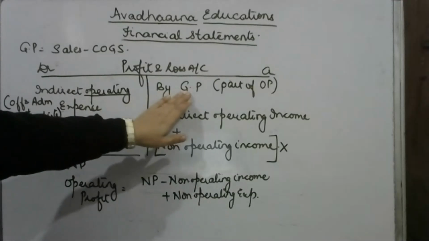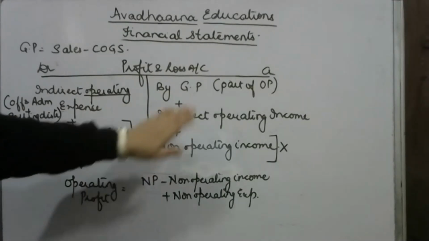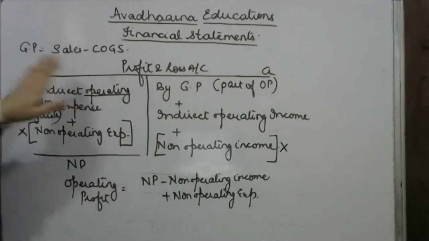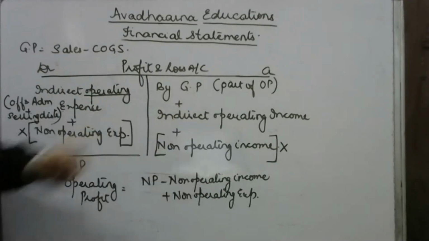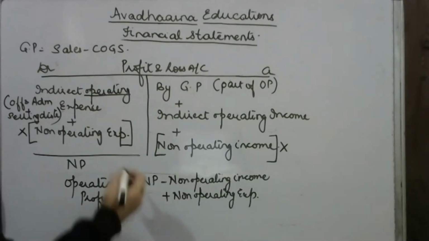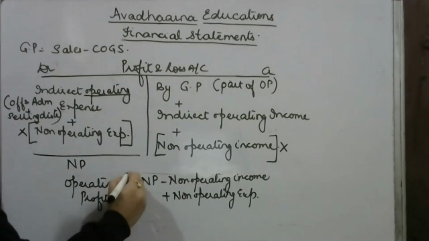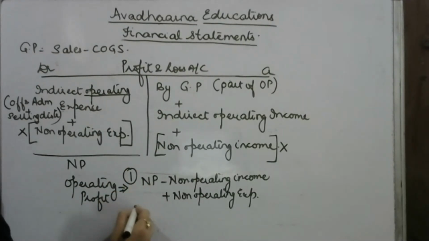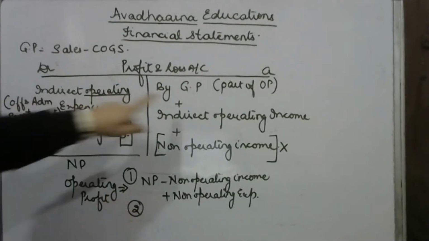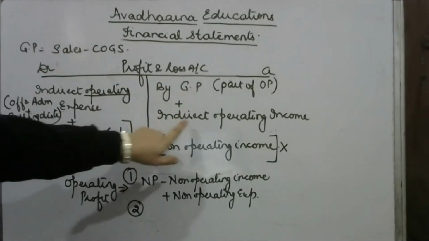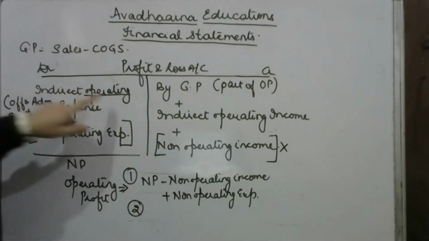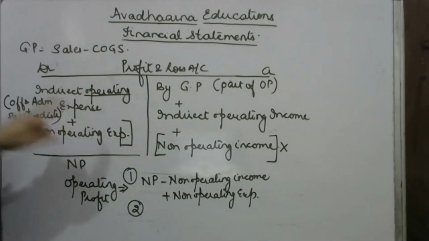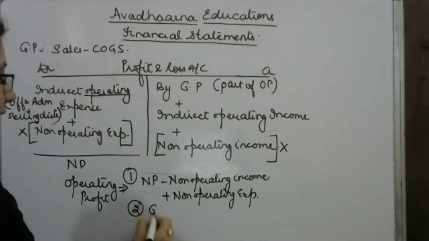और अगर मुझे ग्रॉस प्रॉफिट से निकालना है ऑपरेटिंग प्रॉफिट, और ग्रॉस प्रॉफिट क्या था हमारा? सेल्स माइनस कॉस्ट ऑफ गुड्स सोल्ड. अगर ग्रॉस प्रॉफिट से निकालना है तो मैं, दिस वाज द फर्स्ट फॉर्मूला. The second formula for calculating operating profit could be, ग्रॉस प्रॉफिट से निकालना है तो उसके अंदर इनडायरेक्ट ऑपरेटिंग इनकम वो ऐड हो जाएंगी, और इनडायरेक्ट ऑपरेटिंग एक्सपेंसेस अगर सब्ट्रैक्ट हो जाएं तो मेरा जो फॉर्मूला बनता है,